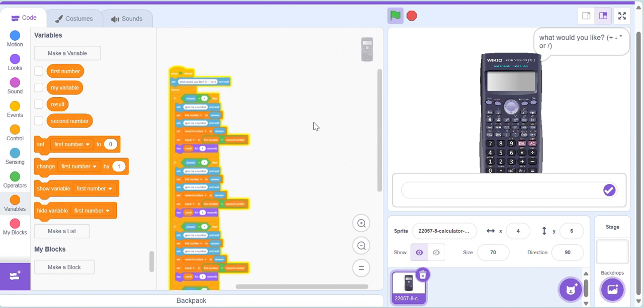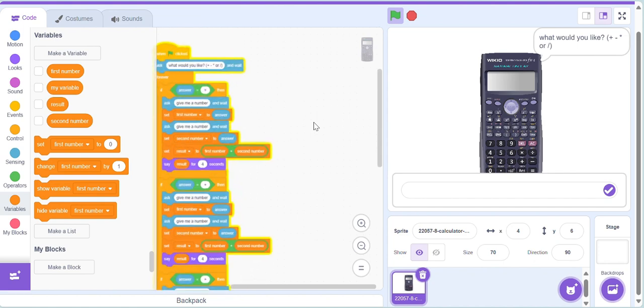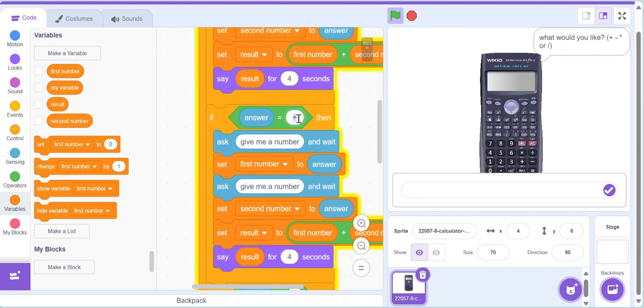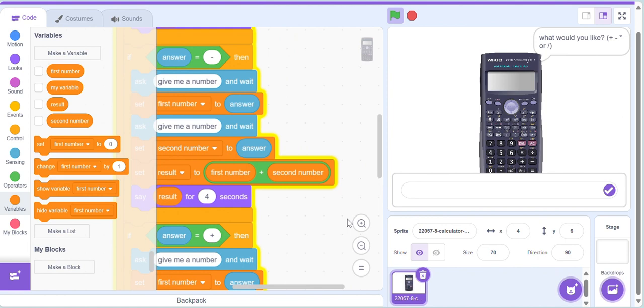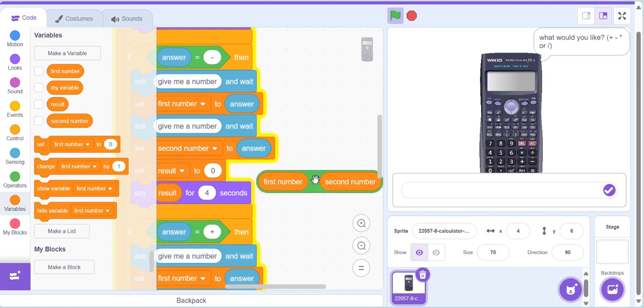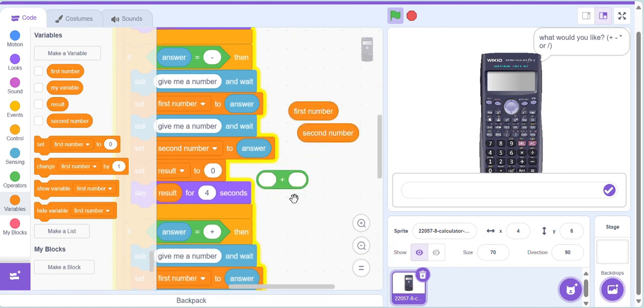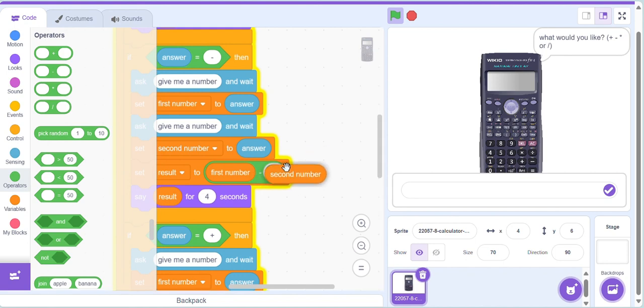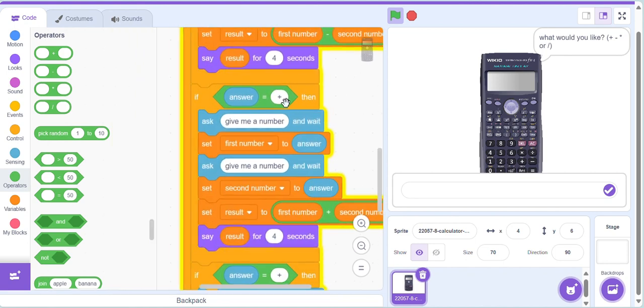Now, zoom in. If answer is subtraction, then take first number and second number out, delete this block, go on to operators again, do subtraction, so the equation is subtraction, then put them in, then here do multiplication, oops,